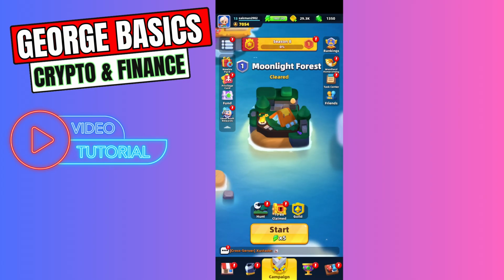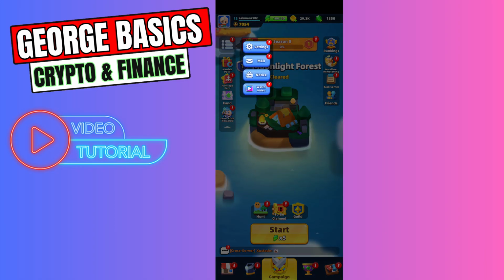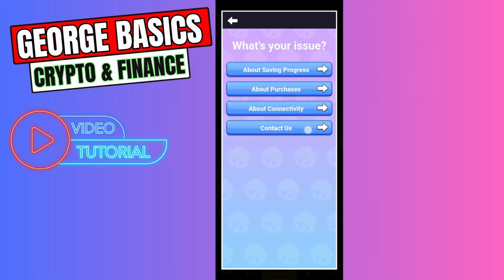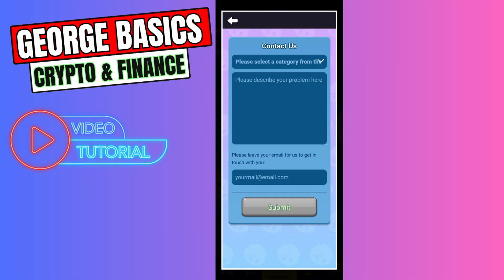Then you need to look at the left menu and you need to click this three lines in top and go to the settings. Right here in the settings, you need to select support and select contact us. Right here, you need to select the category,